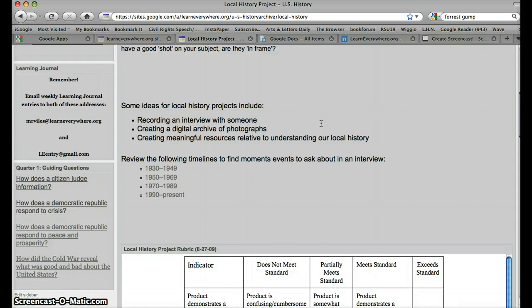What I recommend when you go to do this interview, you think about how old the person is that you want to interview. Now let's say it's 2010. Let's say that you want to interview someone and they are 70 years old. Well, do some quick math. What year were they born? 1940 sounds good. Okay, they're born in 1940.